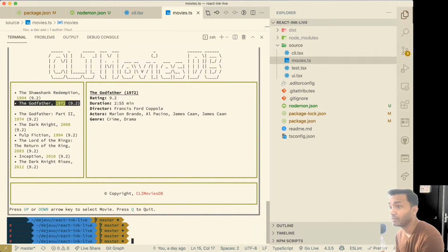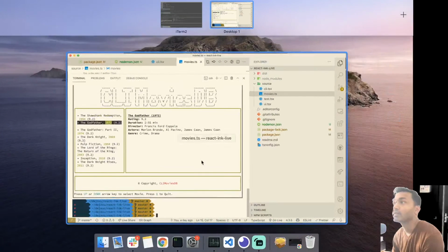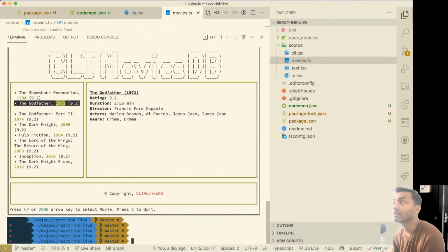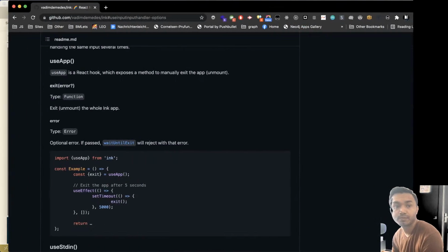We'll try to add search, and we'll try to add some filters. And I haven't done that before. What I'm going to try today will be my first time doing something like that. But fortunately, Ink